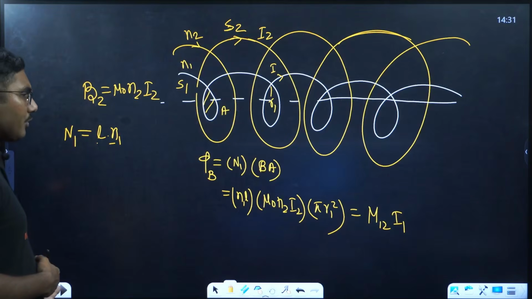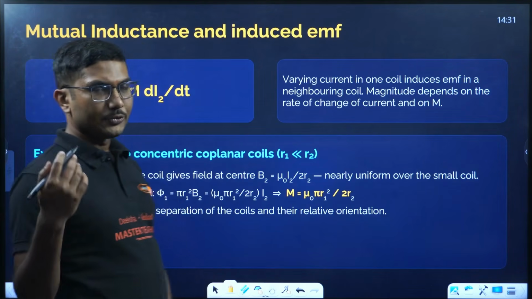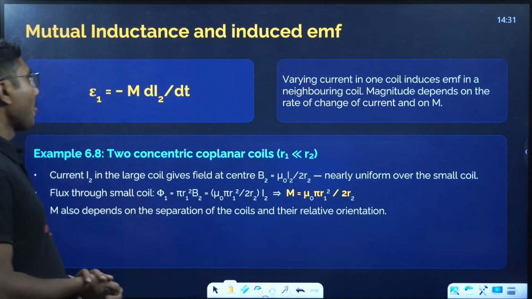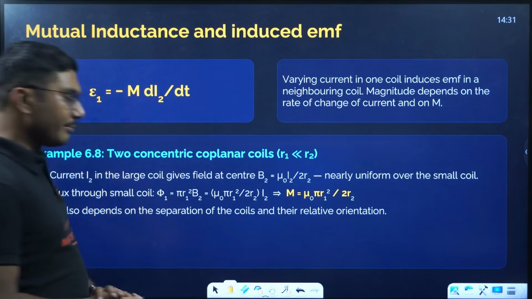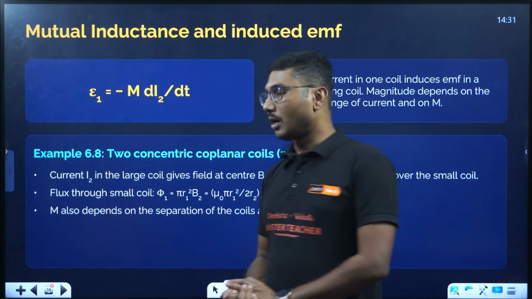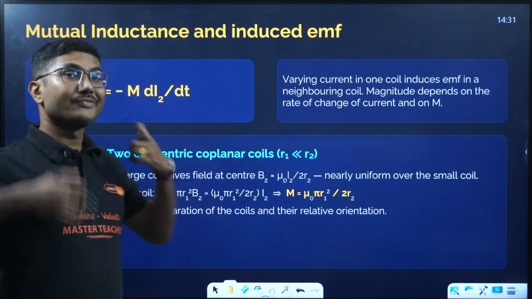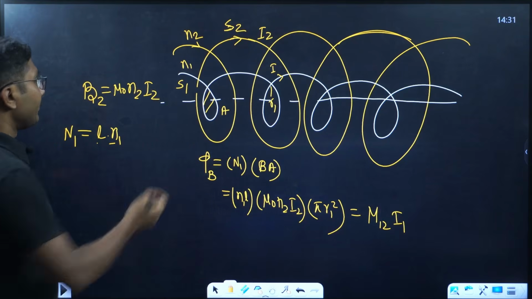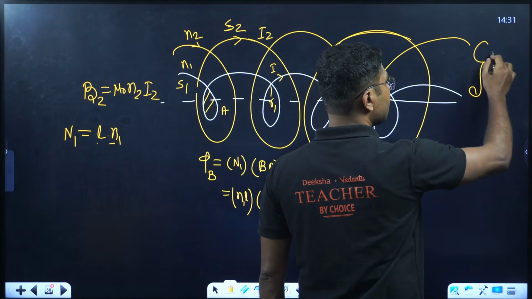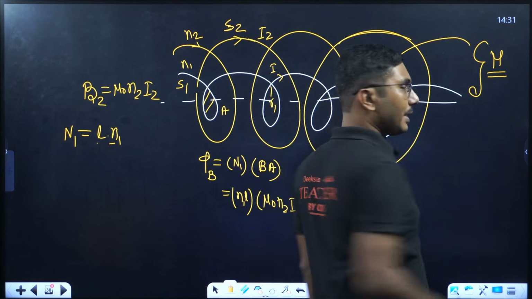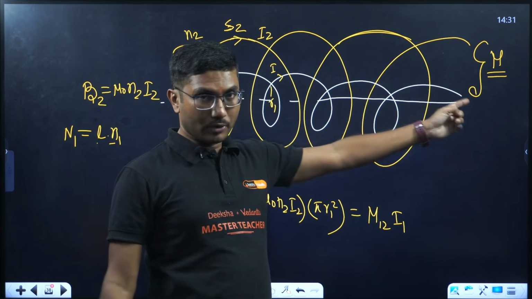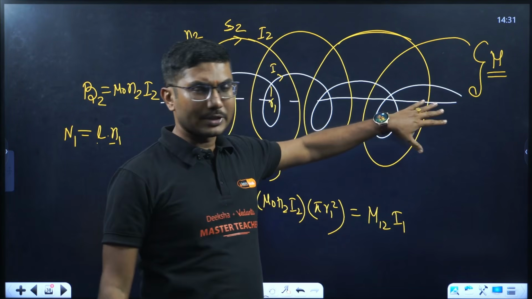Based on this formula, we have only seen that mutual inductance is proportional to length. Based on that, one question came. Okay, mutual inductance. Now when we are talking about mutual inductance, there have to be two coils, and both coils have the same mutual inductance. So if their configuration is fixed, these two coils have a fixed mutual inductance, and that